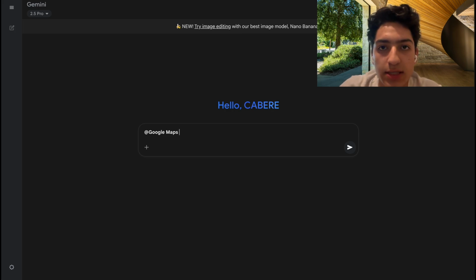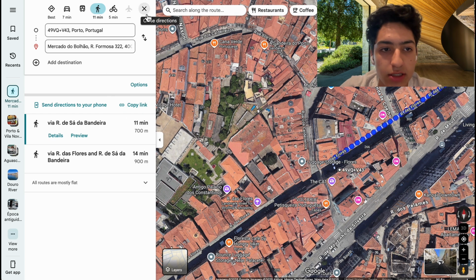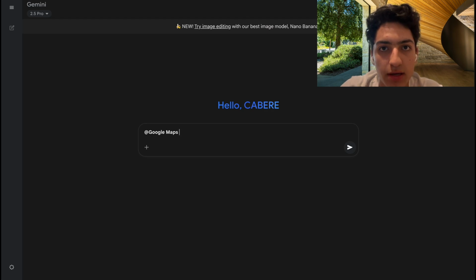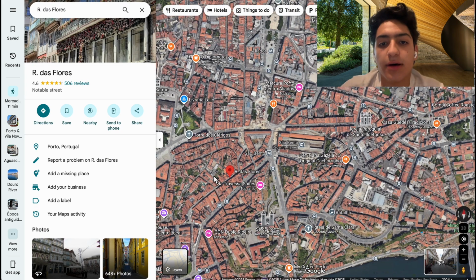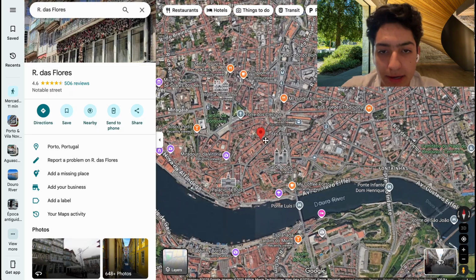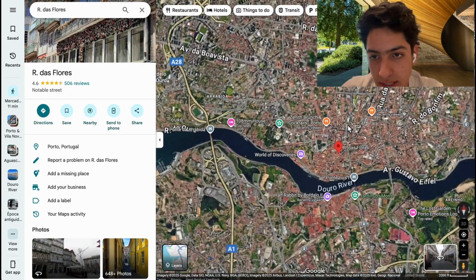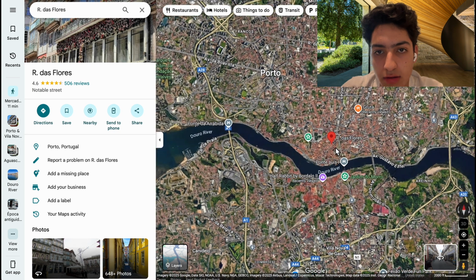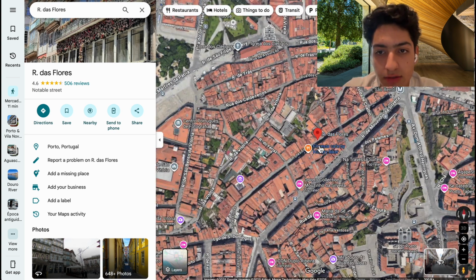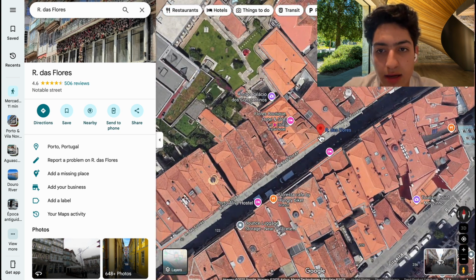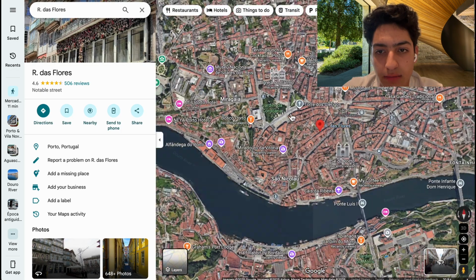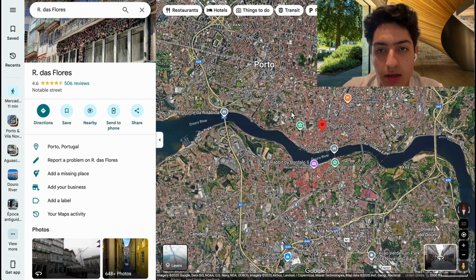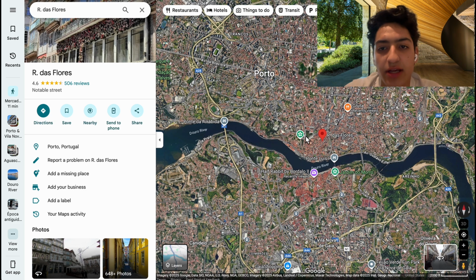So in this case, I'm going to use this location. I'm going to copy the address, and basically the task that I want to do in here as an example, I want to know, from the most known places of, in this case, the city of Porto, at how much proximity all of those locations are from this location. So let's say you're staying at this place in Porto, and you want to know the proximity of all